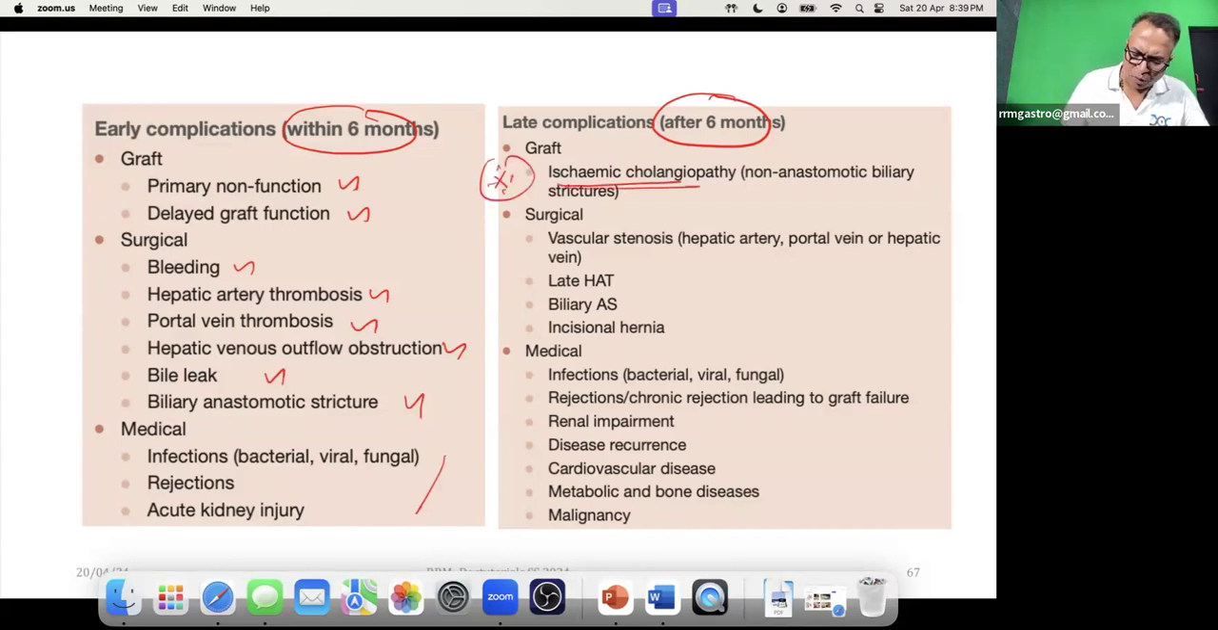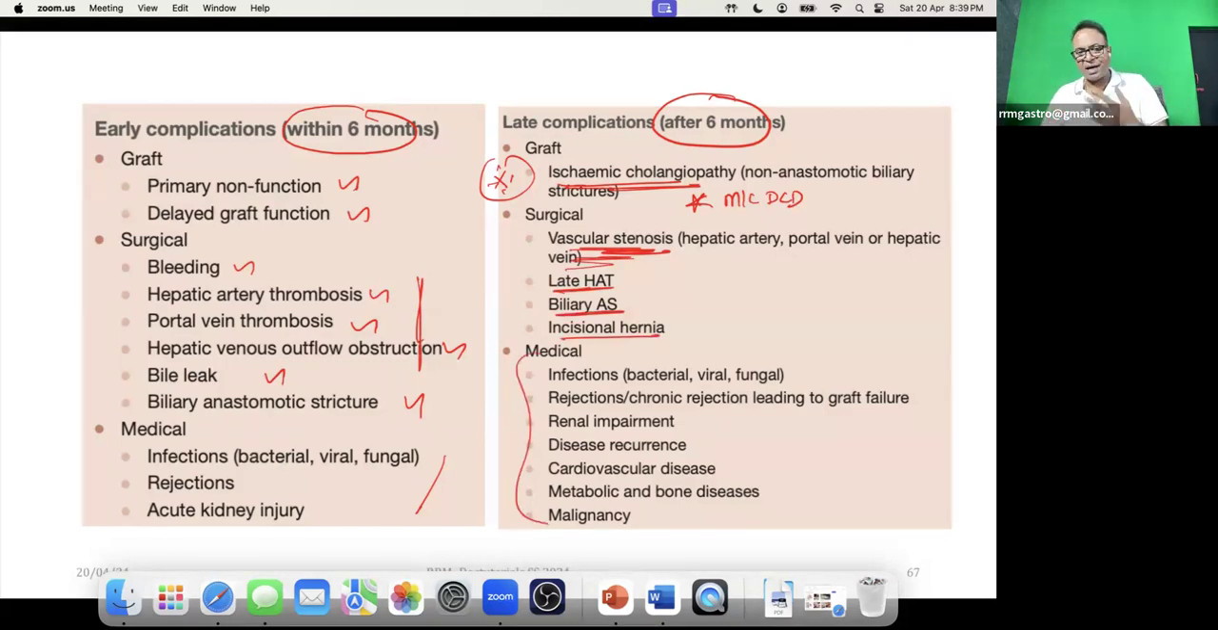Non-anastomotic stricture, ischemic cholangiopathy, is more common in donation after cardiac death. Vascular stenosis: these are all not thrombosis, they are stenosis. Here there are thrombosis, here there are stenosis. Late hepatic artery thrombosis, biliary anastomotic stricture, hernia, all these are common general problems, along with renal impairment, disease recurrence, cardiovascular disease,